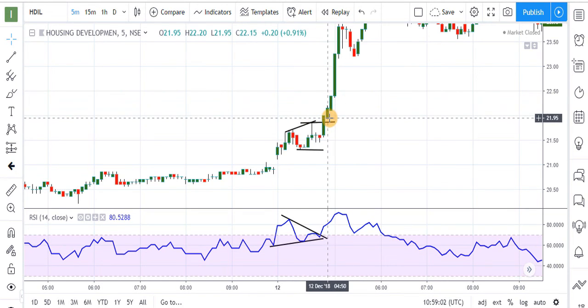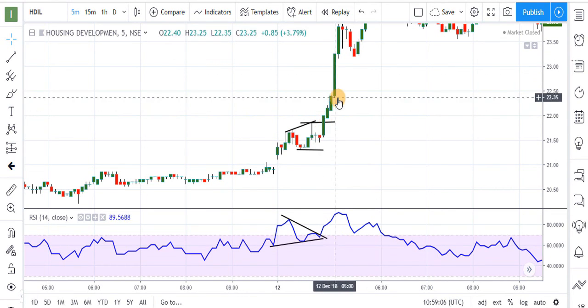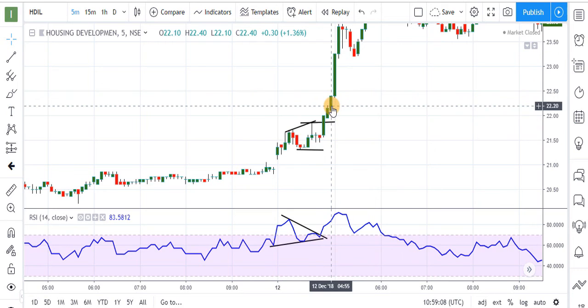This is a case of failing divergence, so there should be a sharp rally in the prices after the breakout. So if we get a consolidation after the breakout, we should immediately exit from our position. In this way, failing divergence gives us an idea to trade in the same direction of the prices.